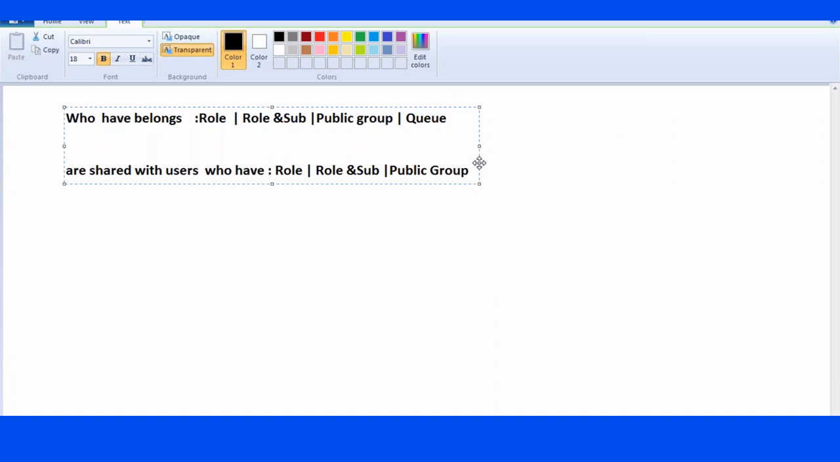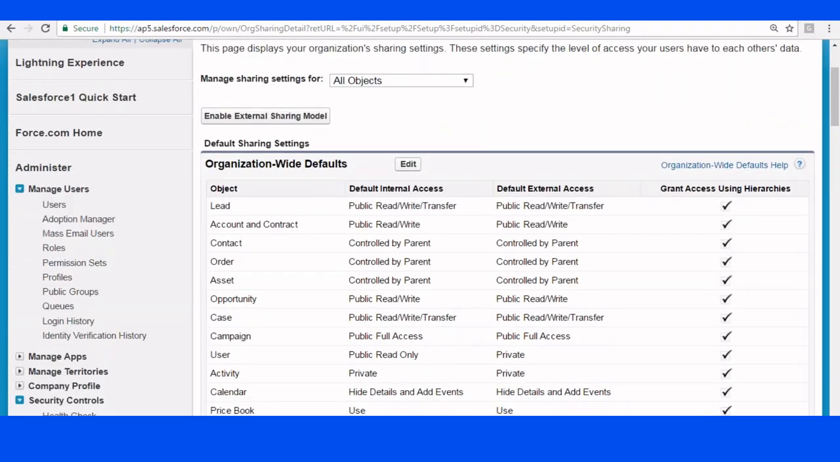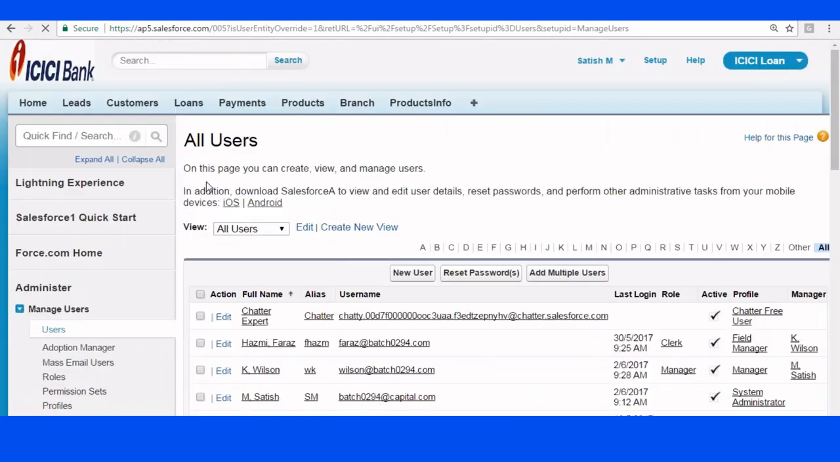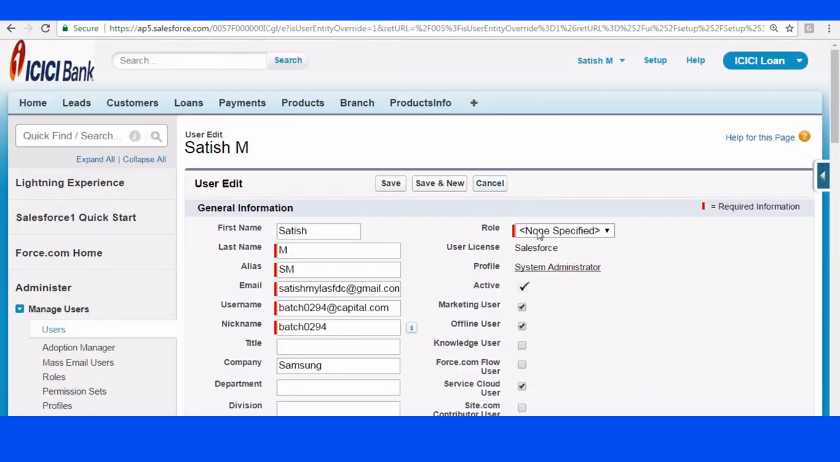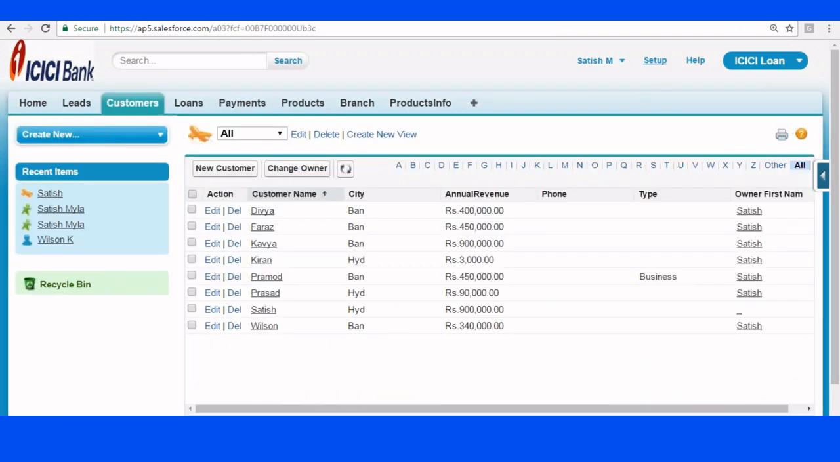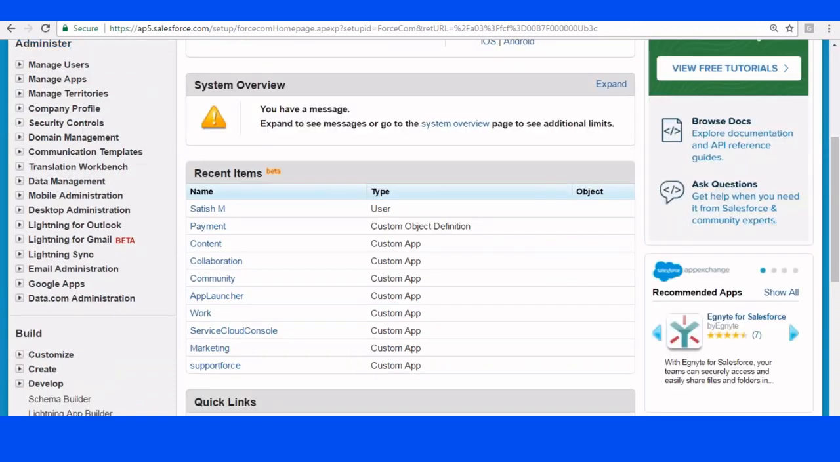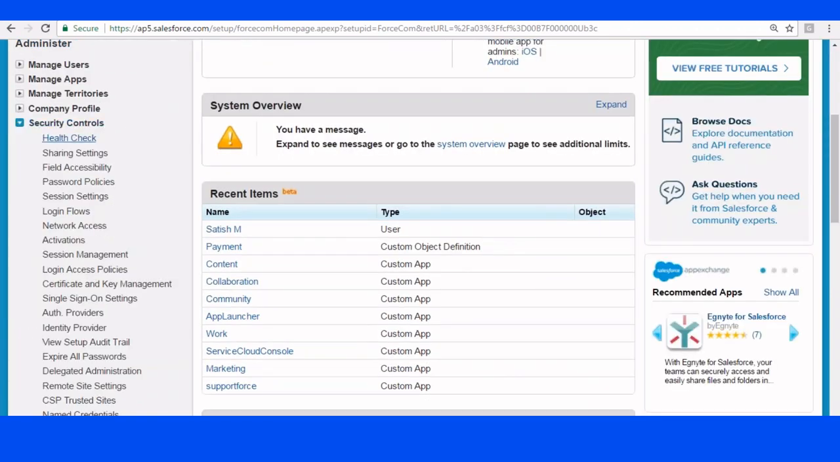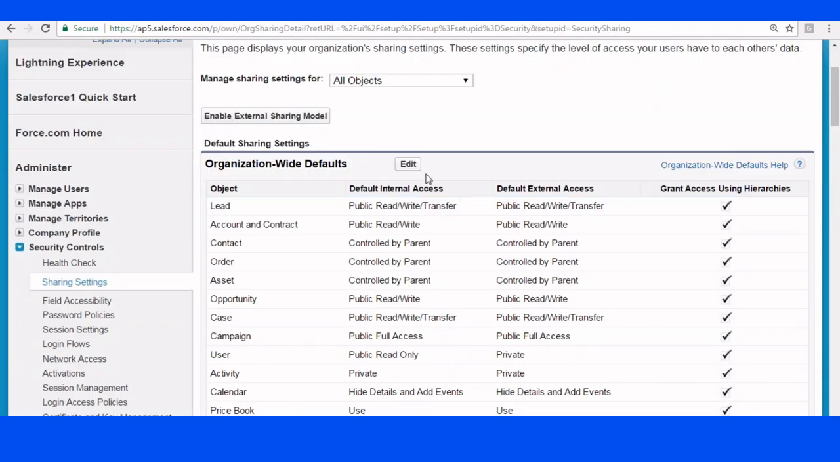I hope you are clear. Now let us see examples here. For Satish, what is the role? I give the role of Satish as CEO. Now, how do you define the sharing rules? Setup, administer, security controls, sharing rules,